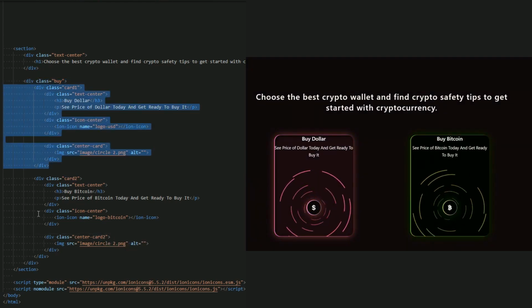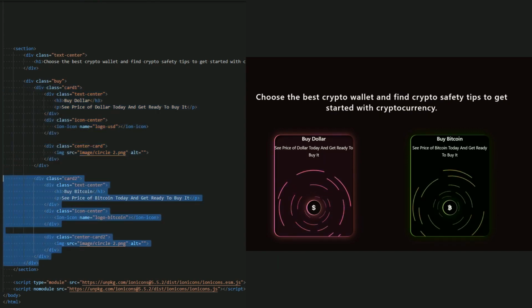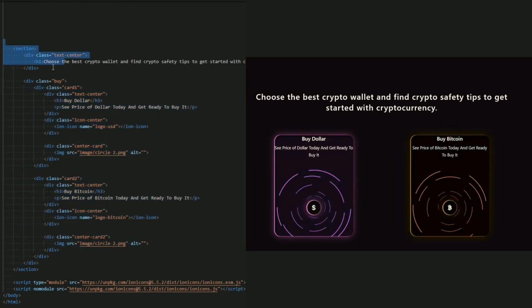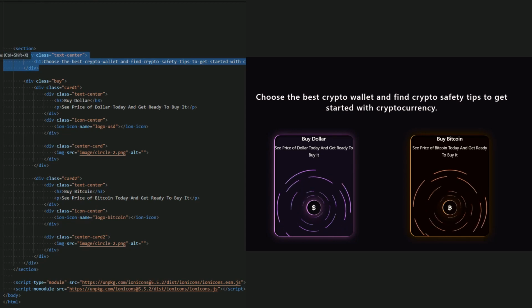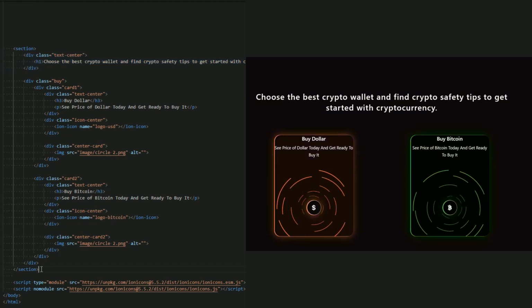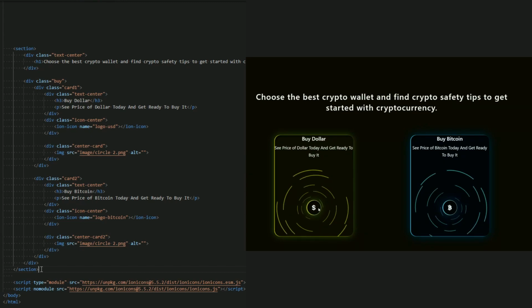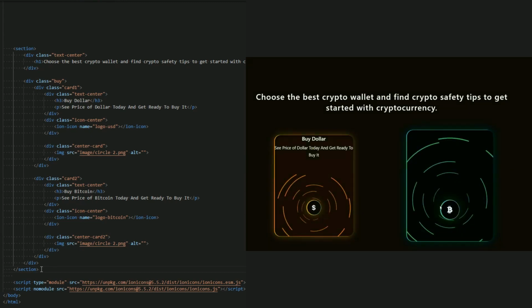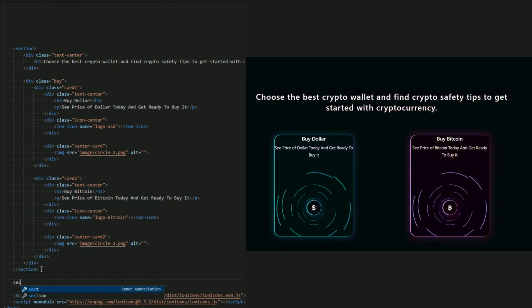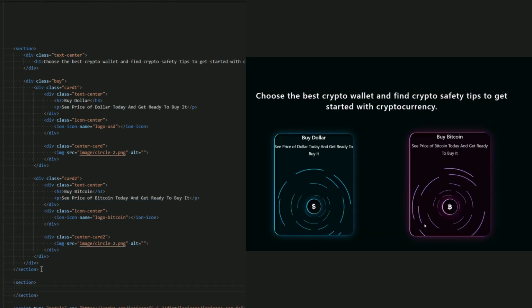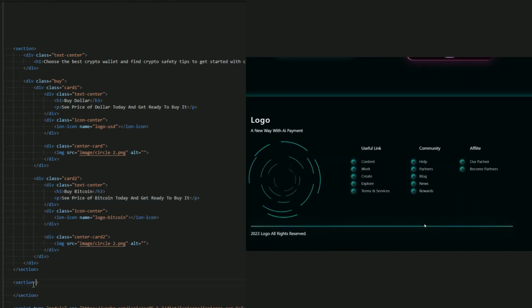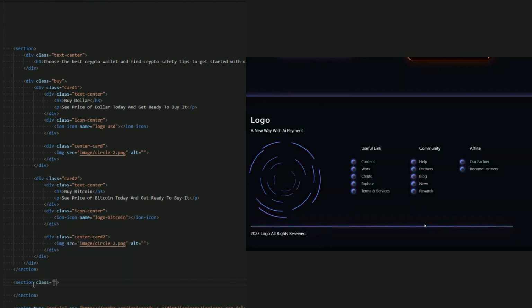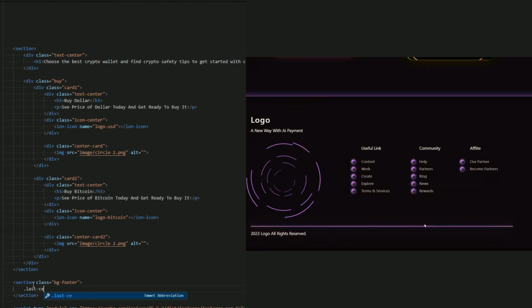This is our first card and this is our second card with a text center, as you can see right now. And we're gonna style it in CSS. We're gonna fix everything, guys. Okay, now let's go for the footer and the copyright to go in CSS. Now let's go for the next section to finish it. And let me add a class to add the background for this footer, as you can see. Okay, now let me create a last center to add the image inside it.